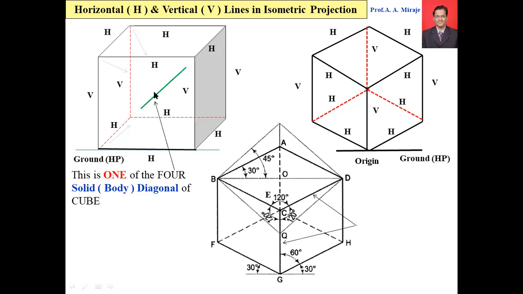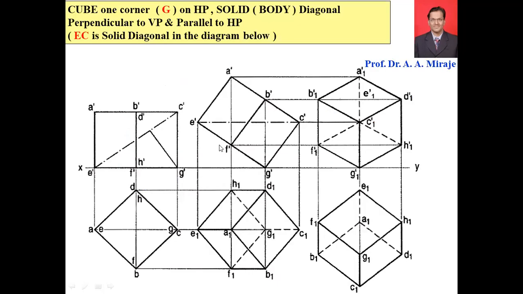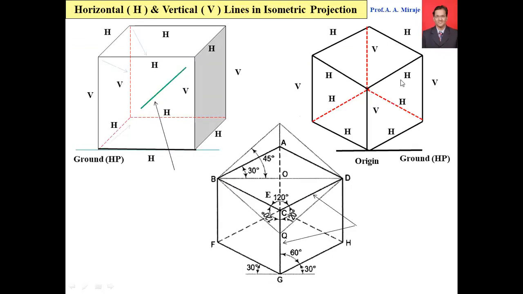Out of that, this solid diagonal is nothing but EC here, and that EC is here. So E dash, C dash, E dash, C dash, E1 dash, and C1 dash. This particular solid diagonal is perpendicular to VP. So you can see the point view here, and this final view is shown here. This is the final view, and the same final view is here with different angles. Now let us understand these 2 diagrams. All the 3 diagrams are equally important, but this and this diagram are very important.